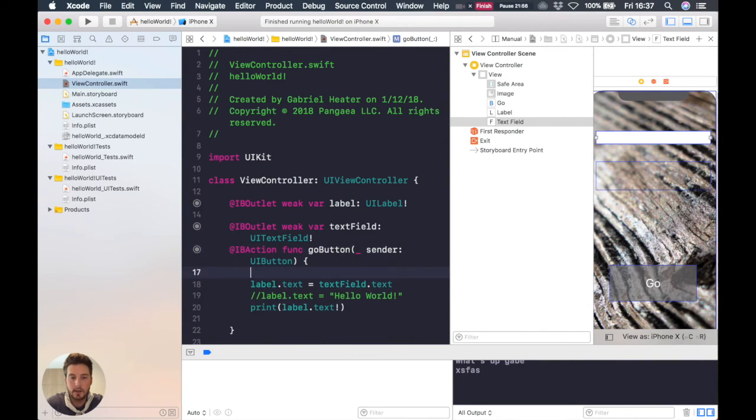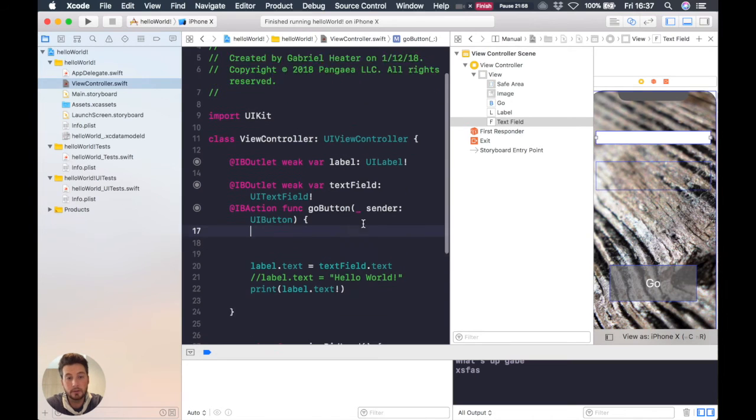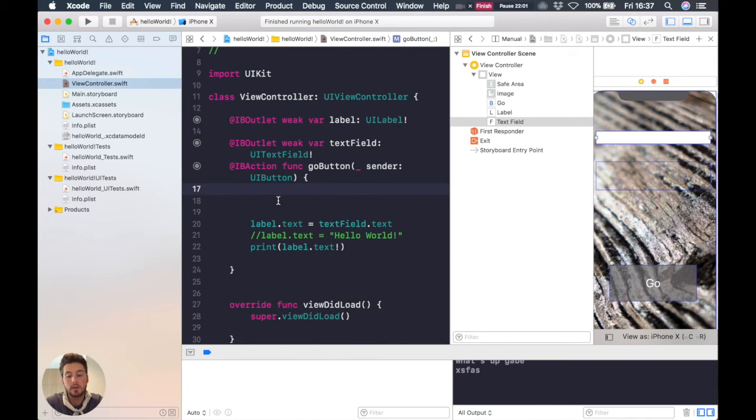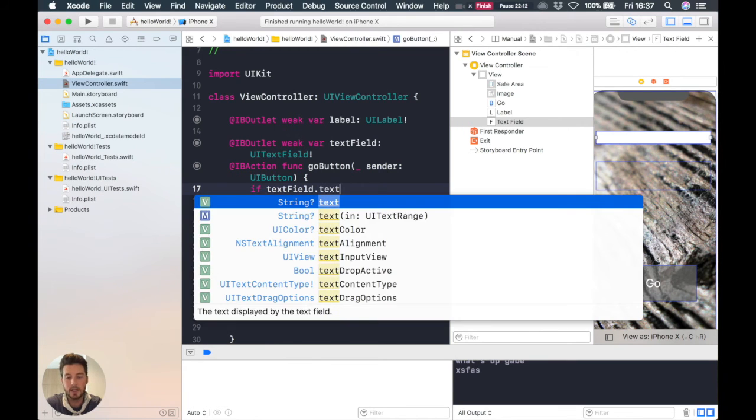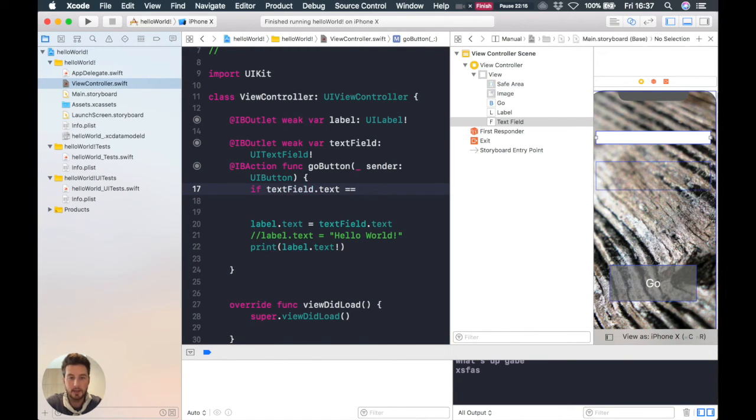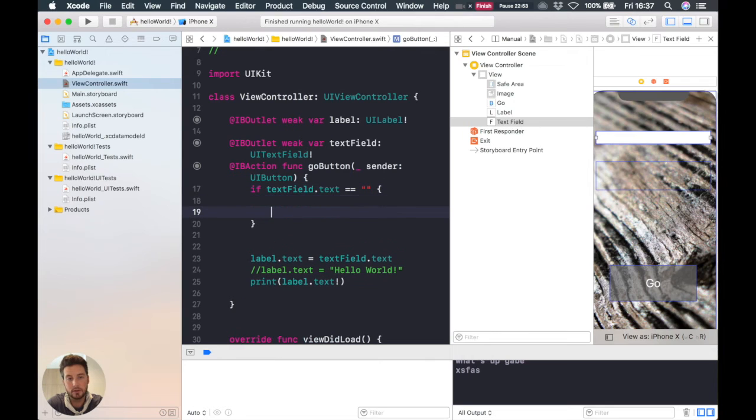And I'm going to come up here in the go button. Okay, all this is done in the go button. So I'm going to say if the text field text is nothing, this is going to be our string text. So if the text field is blank, which means nothing is inside of it, then what needs to happen? So if this equals this, then I need to have curly brackets before and after. If this equals nothing, then I'm going to print